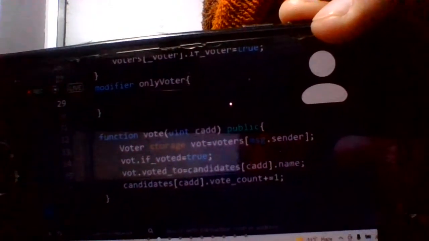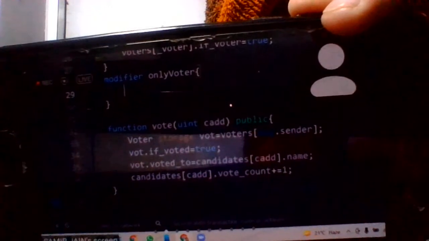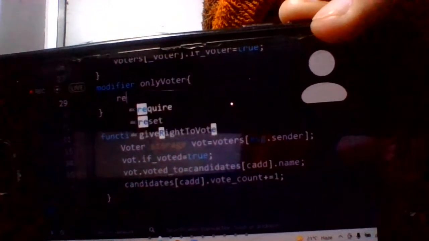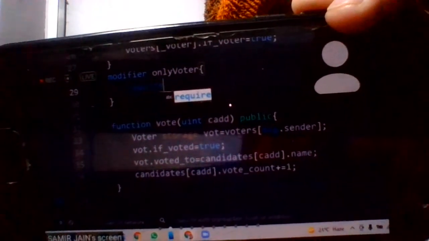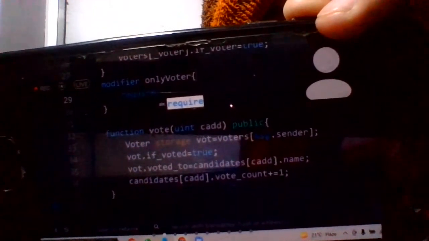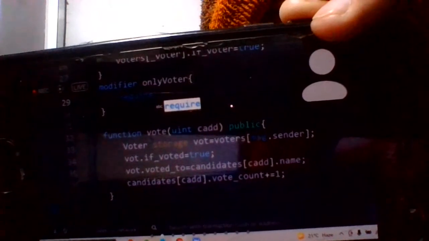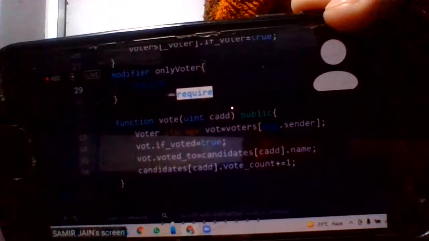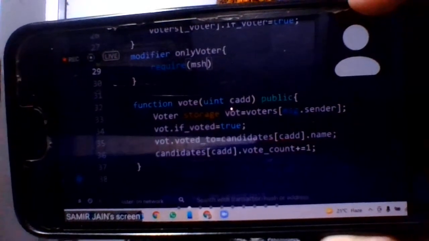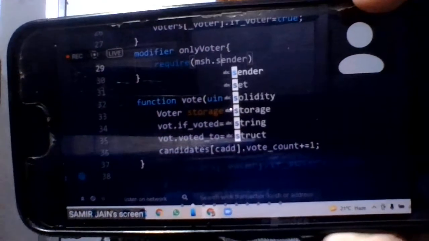Now here, what is the first step? When we are creating a modifier, we have to use require. Then we have to check whether the message.sender has rights to vote.